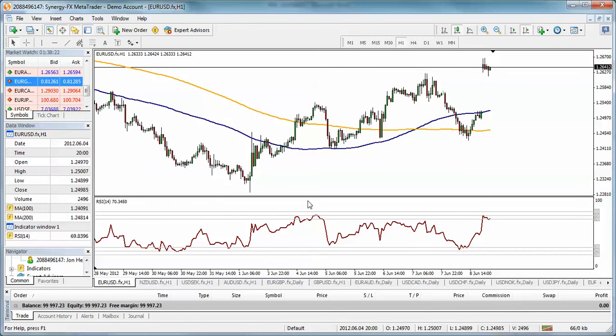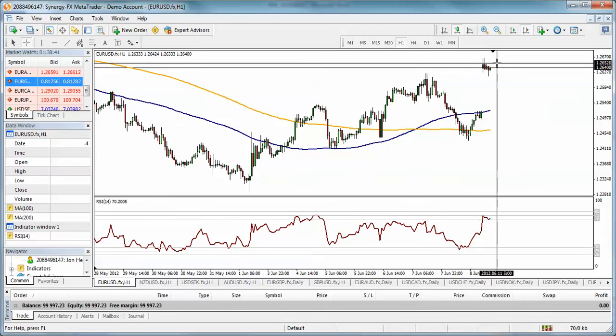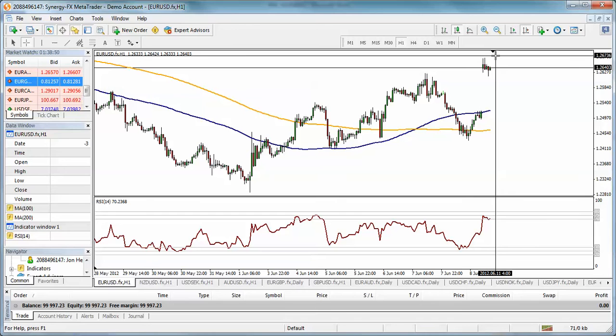So we did see a huge gap up to the upside. What this means for some people is that we could see a little bit more buying, but for me, this usually means that we should see increasingly large moves to the downside. So when I saw the gap up, I immediately sold and took about 20 pips profit for a quick, really quick trade. I kind of wanted to get in and out, and had a pretty nice trade on the open